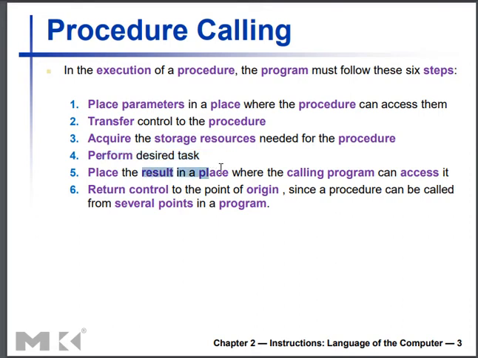And if a procedure is going to return a value, you keep it in registers V0 and V1. Return the control to the point of origin. After you finish with the procedure, the control has to be returned back to the calling segment. It won't go back automatically by default, so you need to write an instruction called jump register to return the control back to the calling segment. So these are the 6 steps. We already discussed these six steps in our previous practical class.